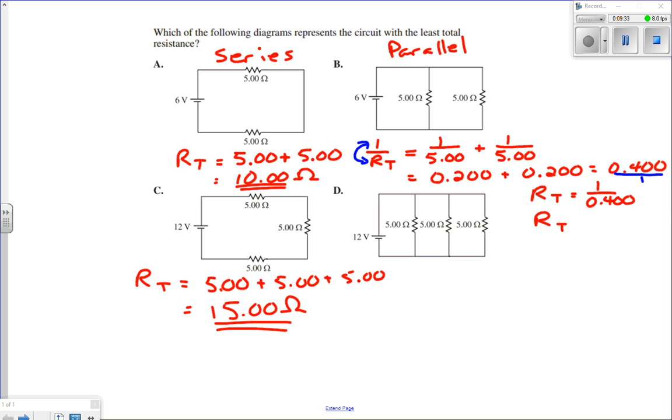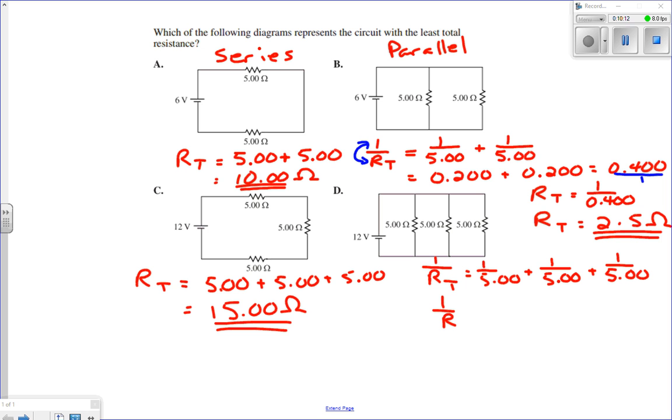So RT equals 2.5 ohms, which is even less than either of the A or C answers that we've calculated already, which isn't surprising because we found out earlier that parallel circuits, all other things being equal, are going to have a lower total resistance. But let's do D. Let's find out what's going on with D. We're going to do the same thing here. So 1 over RT is equal to 1 over 5.00 plus 1 over 5.00 plus 1 over 5.00,